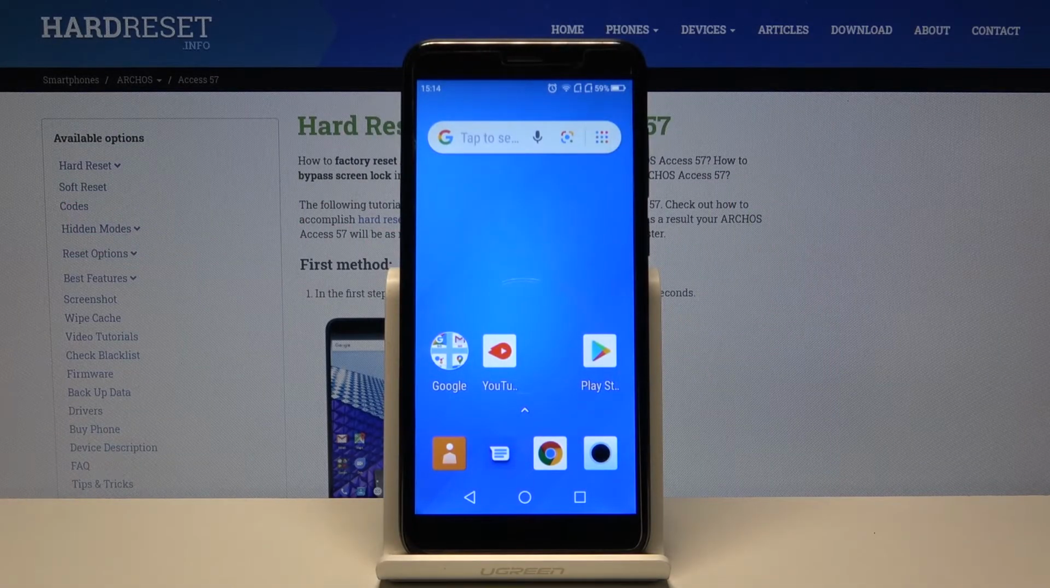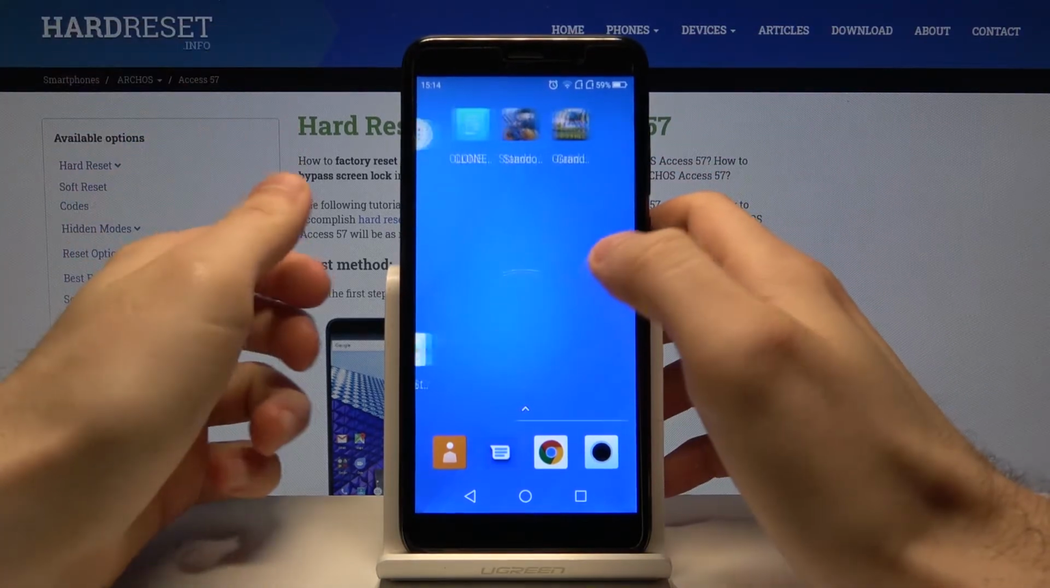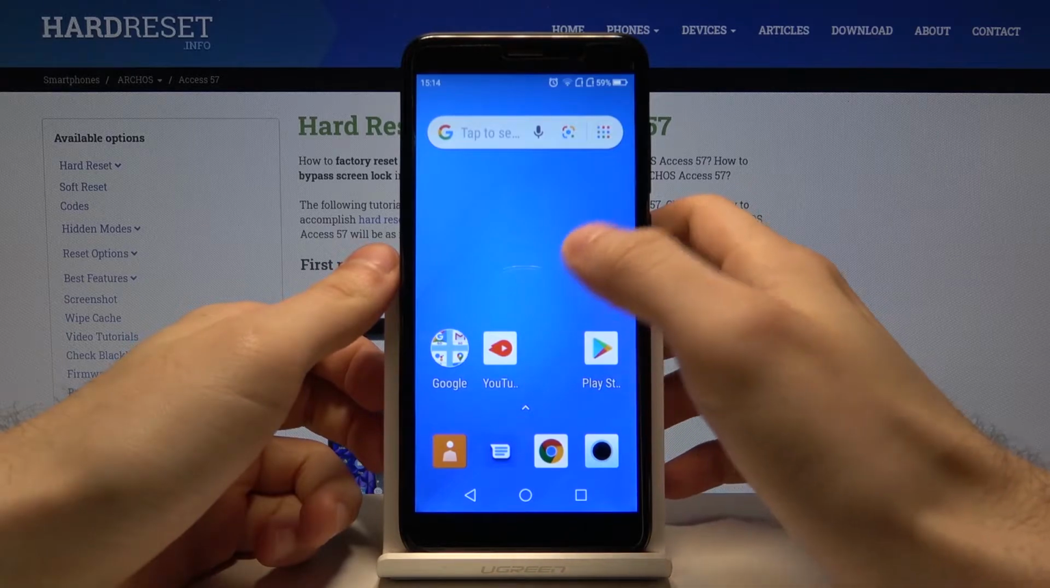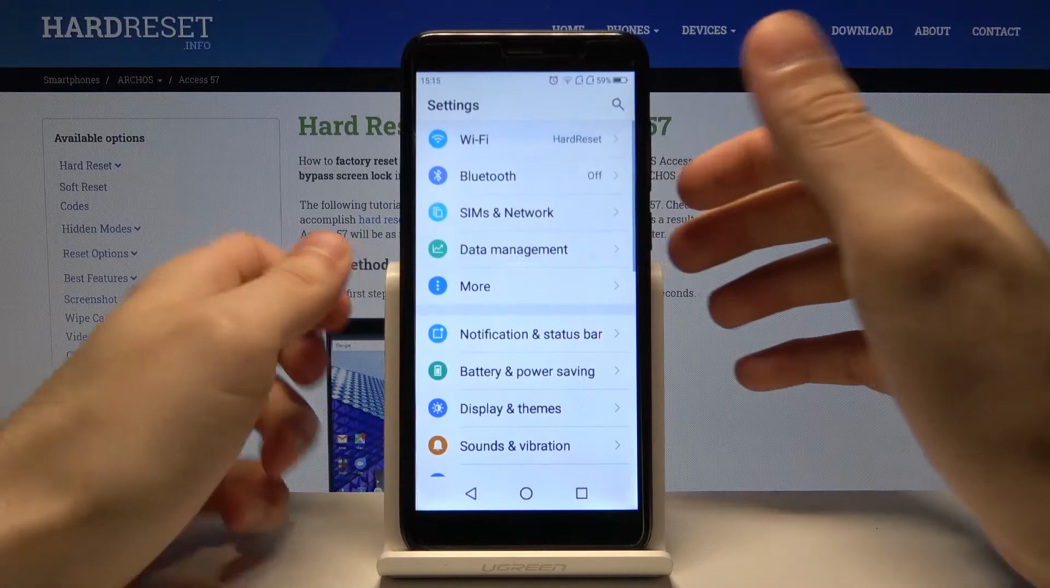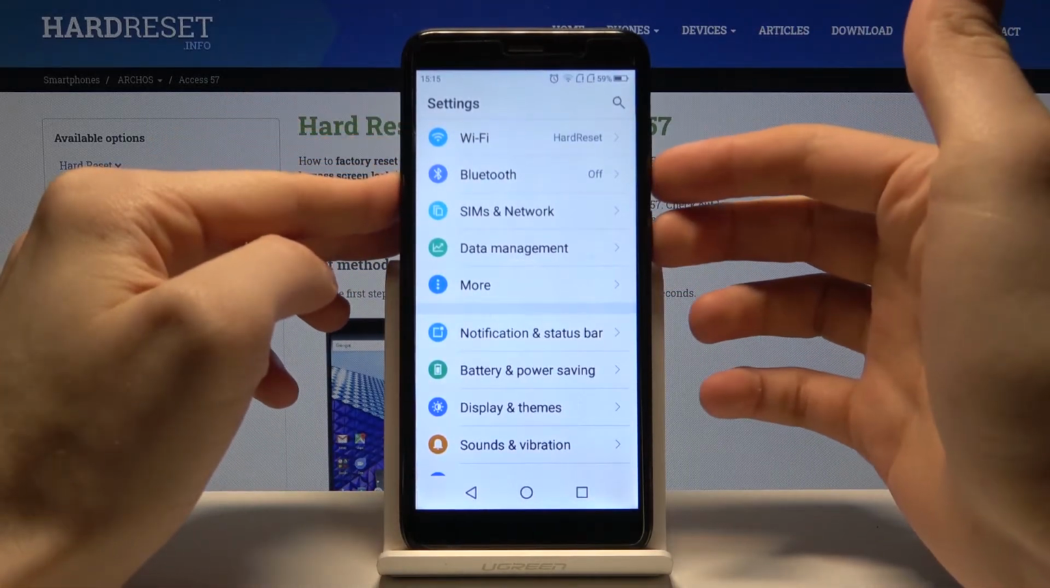Here I have ARCHOS Access 57, and today I'm going to show you how to take a screenshot on this device. So firstly, you have to open the screen which you want to capture. For example, it could be the settings list, and what you have to do next is to hold down